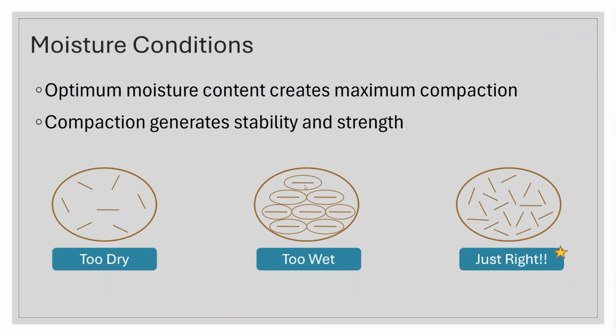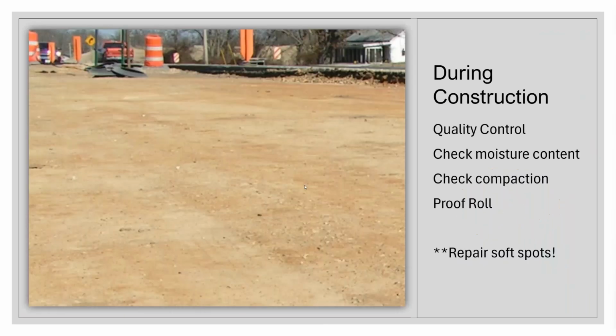But somewhere in the middle of that is the Goldilocks position. That is just right. So just enough moisture that helps add some cohesion, helps things shift around, create enough workability to move those particles in closer proximity, but keep that random arrangement where the particles lock together like a skeleton. We get much better density. We get much more stability out of that material. So that is the just right part.